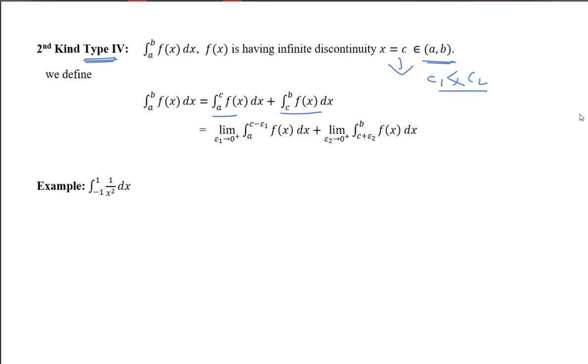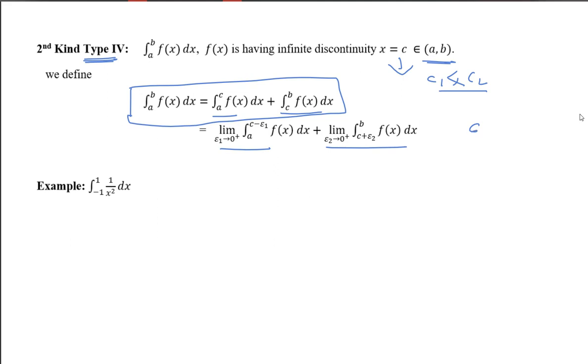In that case, you will break the limit as A to C1, then C1 to some finite value P, then P to some C2, then C2 to B. So you will be having this type of thing. Just remember what we will do when we have only one point of discontinuity: in that case we will break like this. And finding the limit is the same here also.